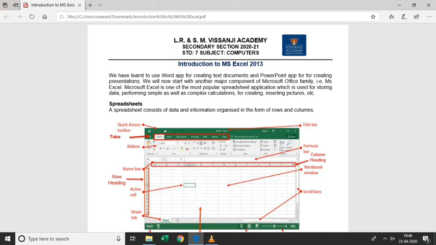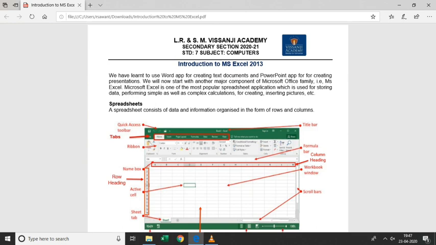While entering data, it can contain text, numbers or formulas. When you are entering data such as numbers, you can perform calculations on that. Earlier, if you wanted to do a calculation, we used either a calculator or pen and paper, so it became very difficult to keep on calculating. Nowadays we are using the computer everywhere.